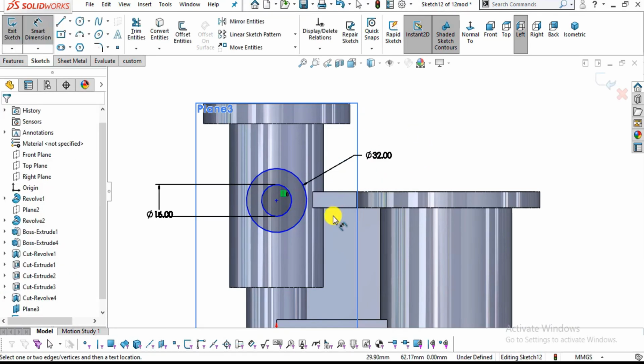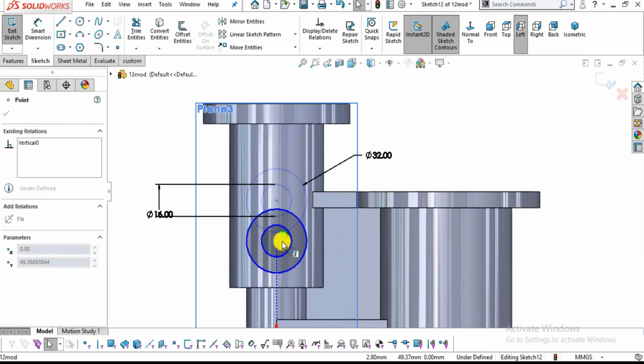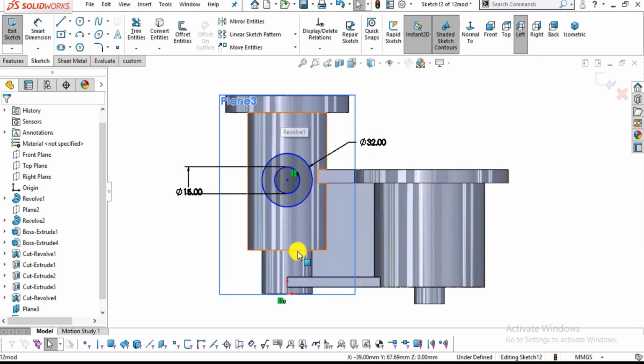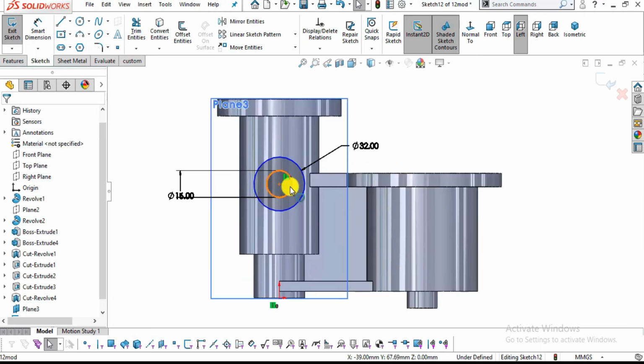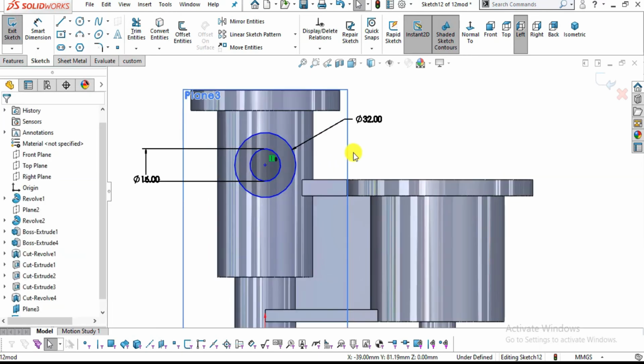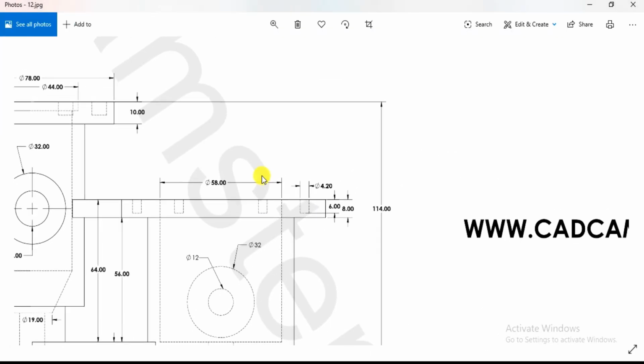Now I have to assign one more dimension because you can see it is yet underdefined. I have to assign a dimension from this top surface or bottom surface because it can still move in the vertical direction. For that, let me go through the side view.